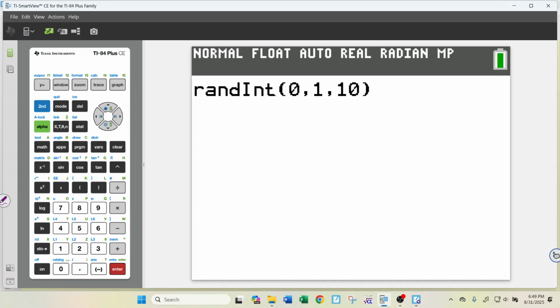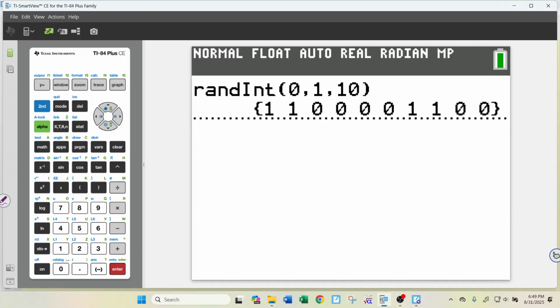Now, some of you, depending on your calculator, may see this screen. It may go straight to random integer, and you have to put in 0 for the lower, 1 for the upper, and 10 for the numbers. So when I hit enter, notice what happens. It randomly generated 10